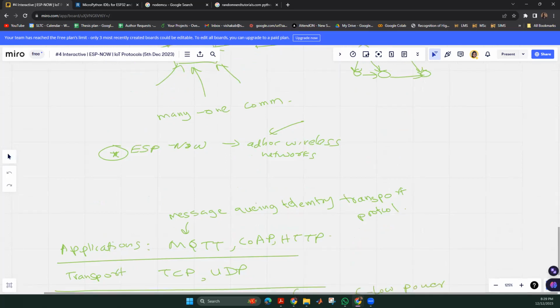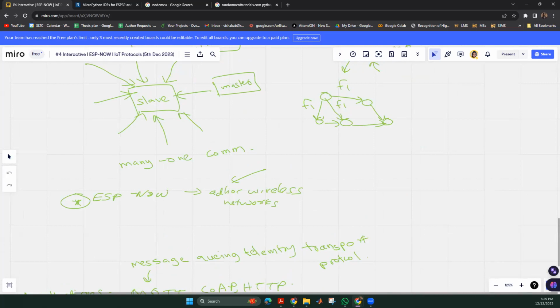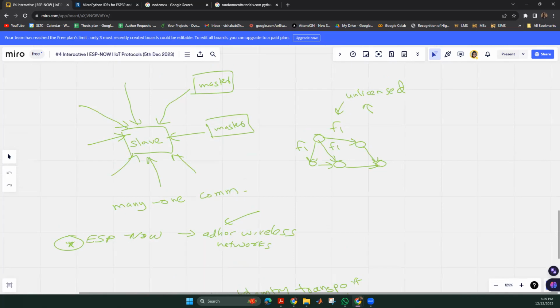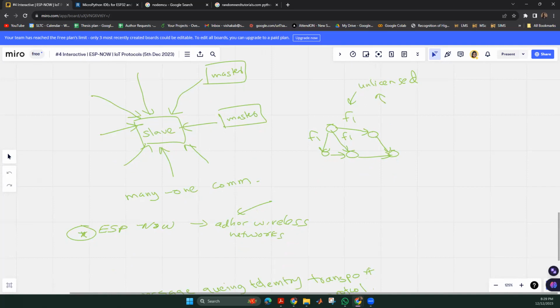It is a protocol that is used for ad hoc wireless networks and to establish the communication between ad hoc devices. So what I mean by ad hoc devices is that this communication will be established between devices which are not connected to the standard network infrastructure, such as the cellular towers, right? Cellular base stations, cellular networks, right? So these devices are not connected to the cellular network. These devices are operating on their own in a standalone manner outside the cellular network.